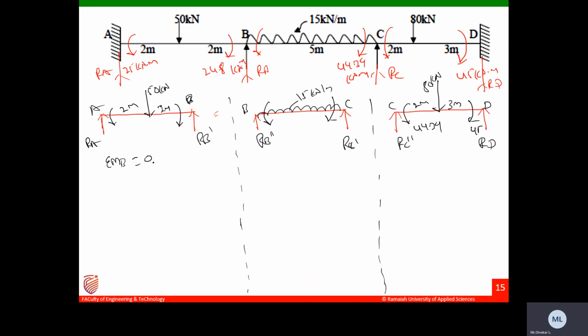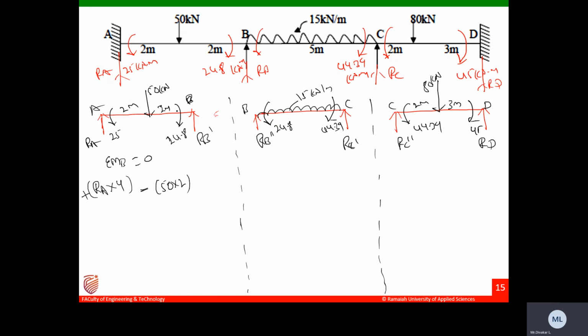Let us take sigma MB equals to 0. Then this will be RA into 4. With respect to this rotating clockwise, this is plus. The next, minus 50 into 2. So please let us write down the values here. How much we got? 25, and this is 24.8, and this is 44.39. Okay. The next